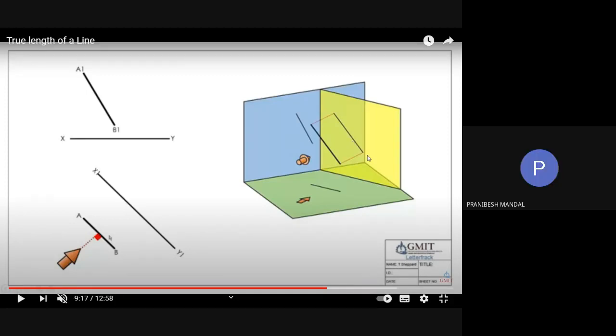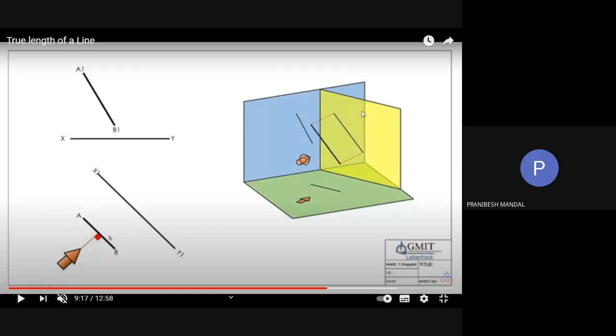And what angle will this give on this plane? Which angle will this give? If I get this angle, which angle will this show on this plane? Isn't it the angle with the horizontal plane? Follow my cursor. This angle, if we see, isn't it the angle with the horizontal plane? Yes.